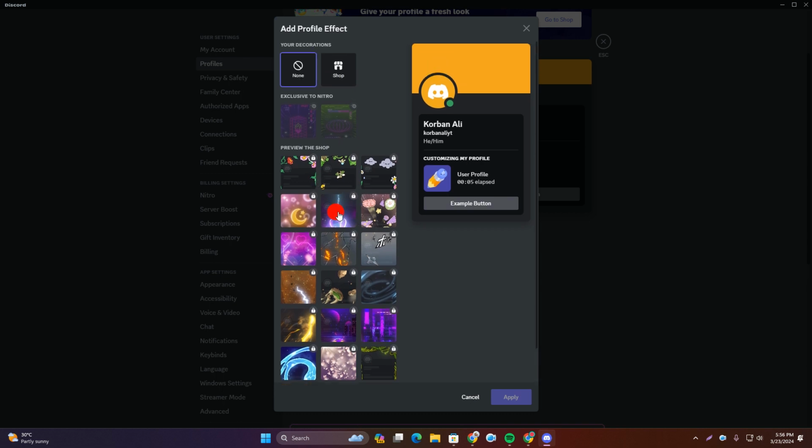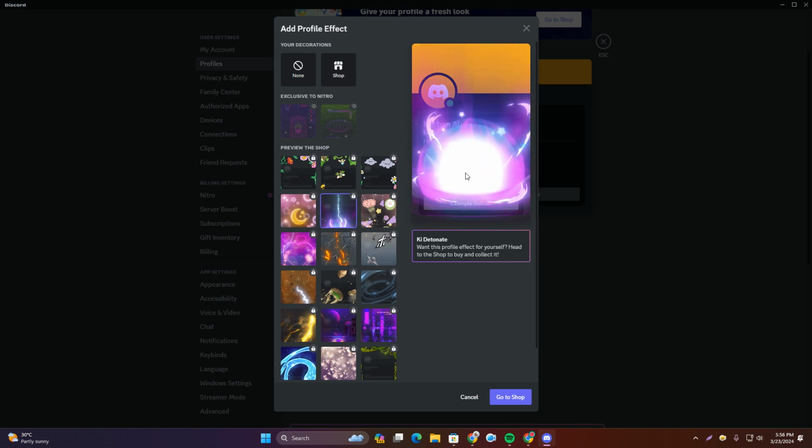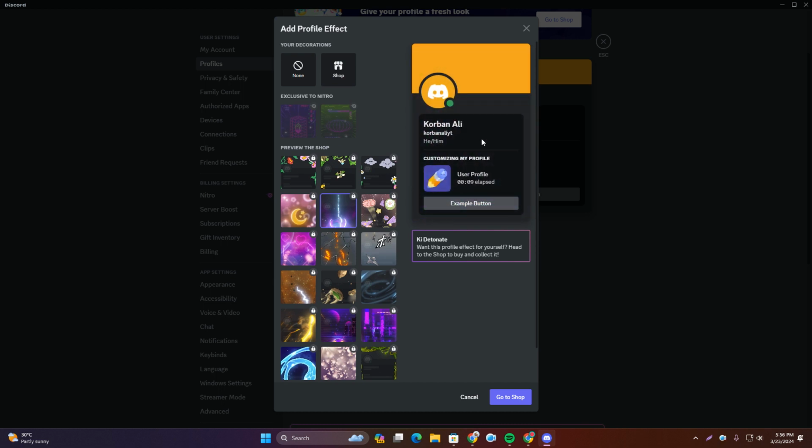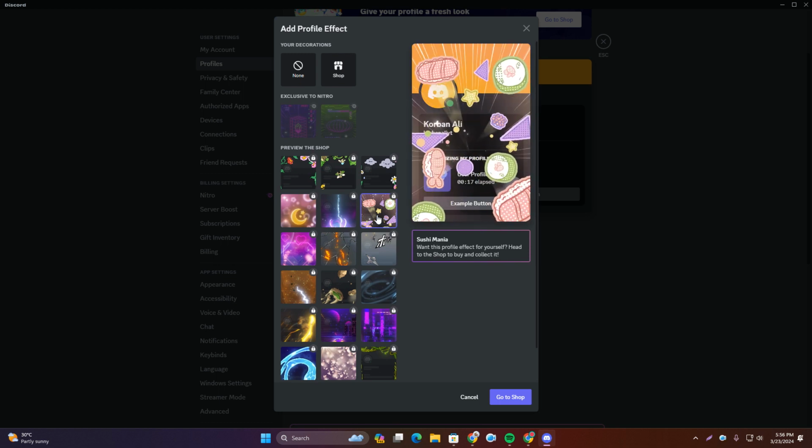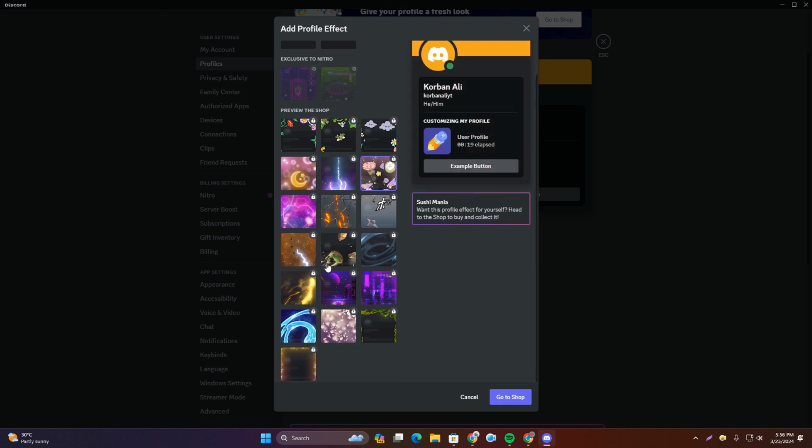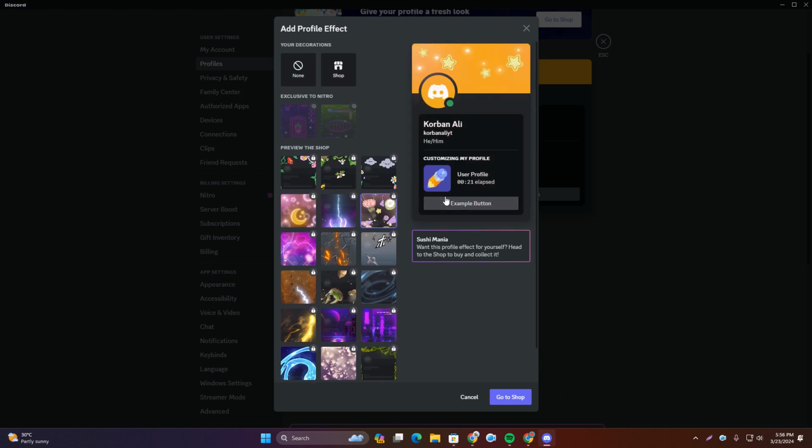For example, if you click here, then you can see it looks like that people will publicly see your profile like this. This is a thunderstorm, and there are a lot of animations and effects, a fire effect, and this is the fruits effect. So you can add it, but it's premium, so you have to go to the shop,